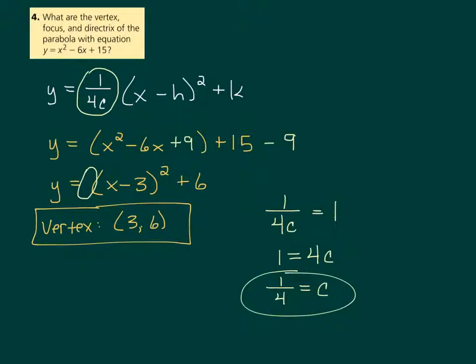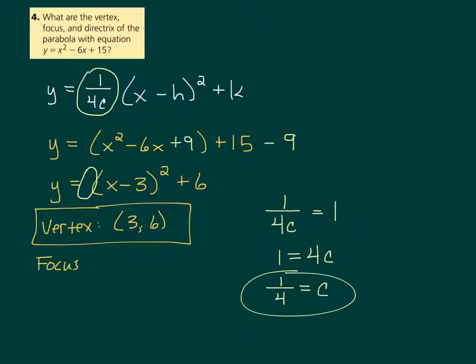Now the trick with this one, which I call a trick, it's not really a trick, the vertex is not at the origin. Most of the problems we've been looking at today, the vertex has been at the origin, which makes finding the focus and the directrix incredibly easy. Because if you have c like this, the focus would be 0, 1/4, and the directrix would be y equals negative 1/4. But if you look at the formulas on that page with all the formulas, when the vertex is not at the origin, then our focus